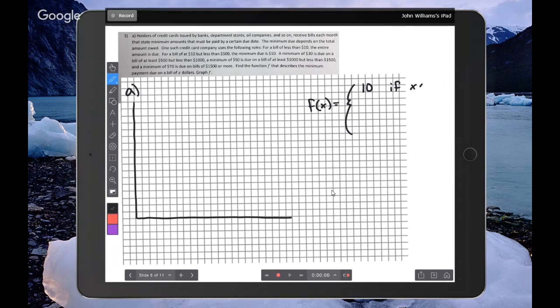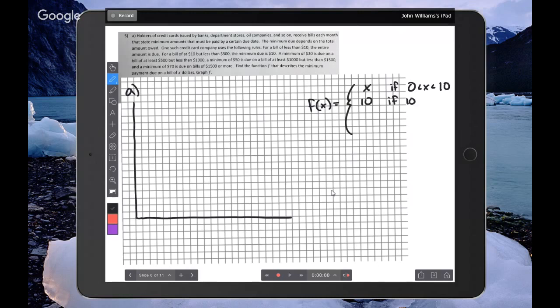For a bill of... but less than 500, the minimum due is $10. Oh no, so this wasn't 10 back here. The entire amount would be x. So f of x equals x if 0 is less than x, less than or equal to 10. Cool. And then f of x equals 10